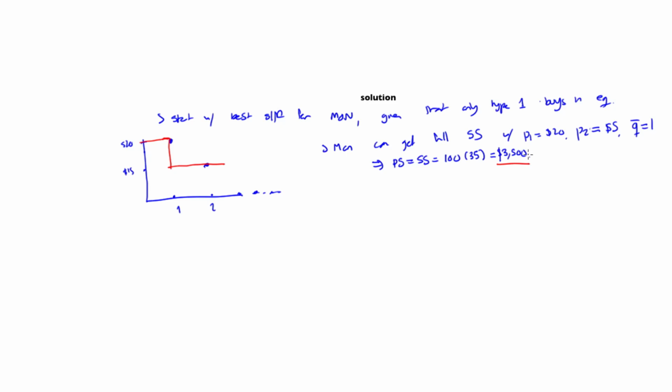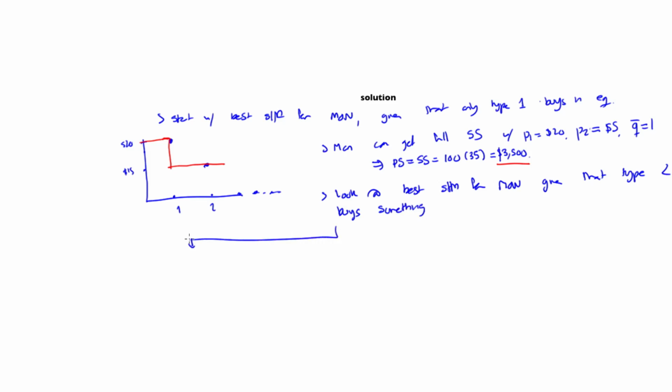Now, if there is a better solution, it has to involve also extracting surplus from the other consumer and getting a higher profit than this. So now let's look at the best solution for the monopolist given that type 2 buys something. And there are 2 cases that we want to look at. So in case 1,